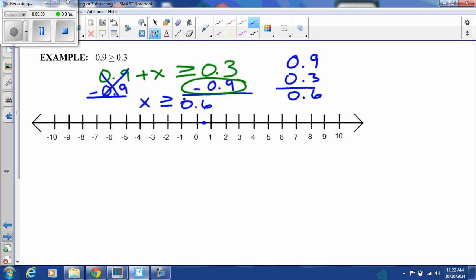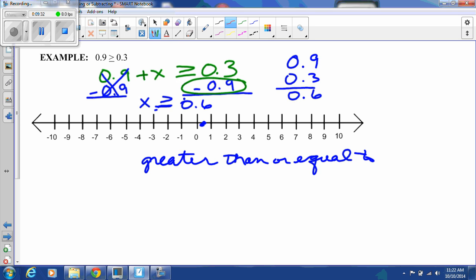This time we put a closed circle because 6/10 is equal to 6/10. This bar underneath represents greater than or equal to. So if it's possibly equal to, we put a closed circle. A bar underneath means a closed circle. Our arrow points to the right. We're looking for numbers greater than 6/10, so we shade in the positive direction. There's our answer. To check this, we